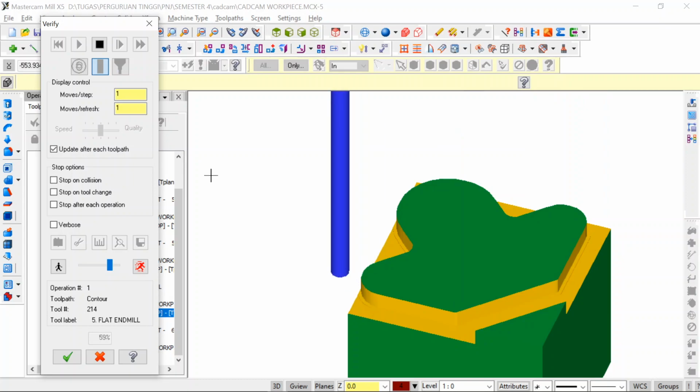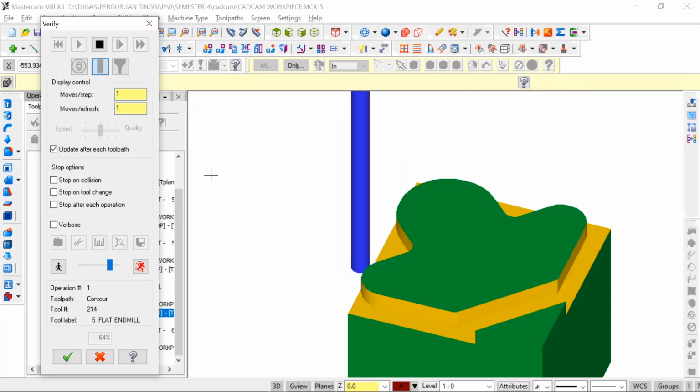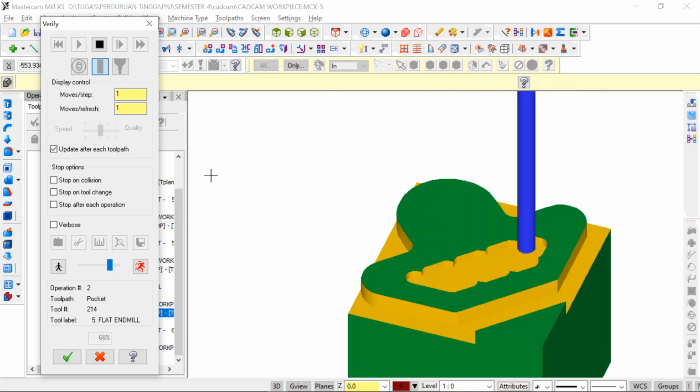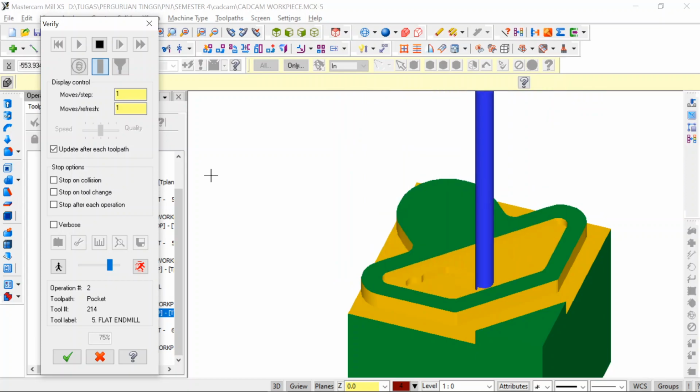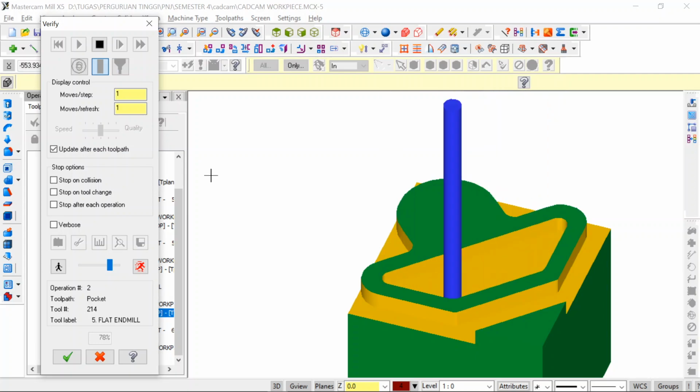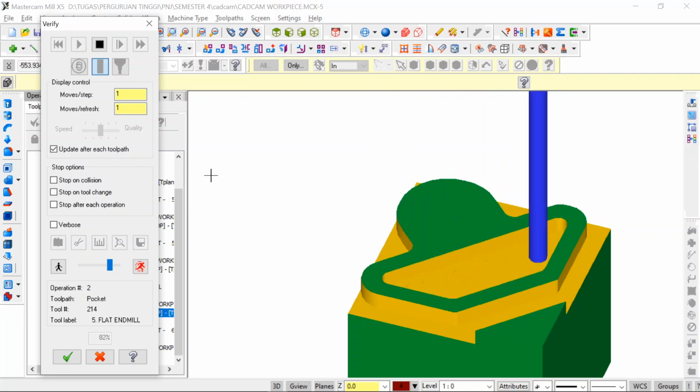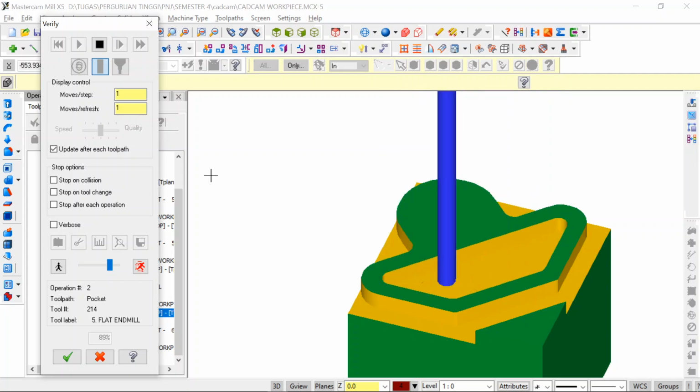And then it will go to the second operation after the first operation is finished. Okay, this is the second operation, the pocketing in the inner area of the workpiece. Okay, after that, the first drill and the second drill. Okay, it's already done.